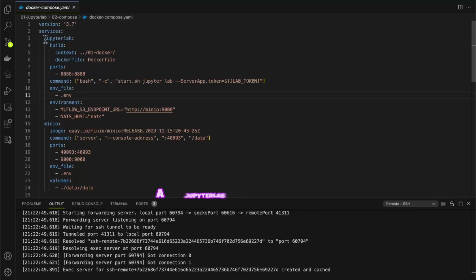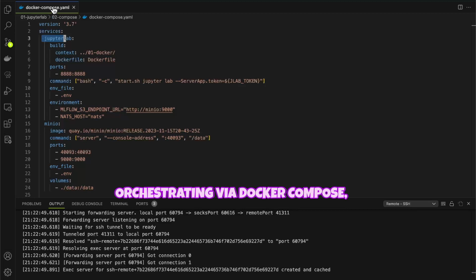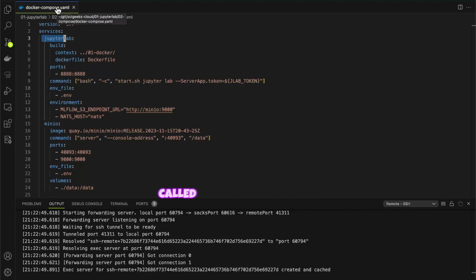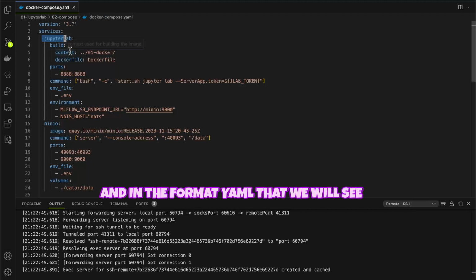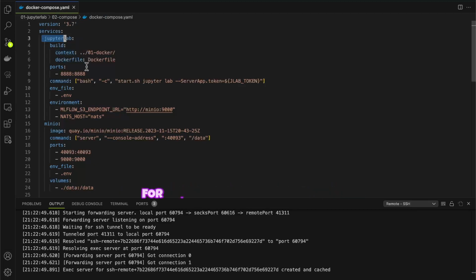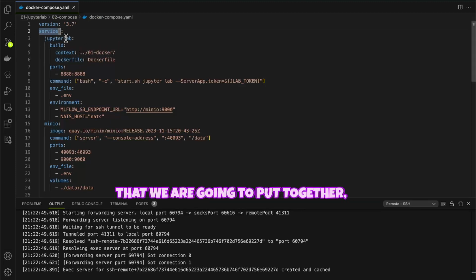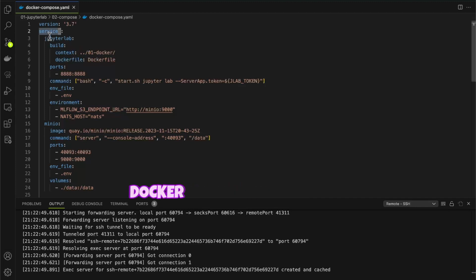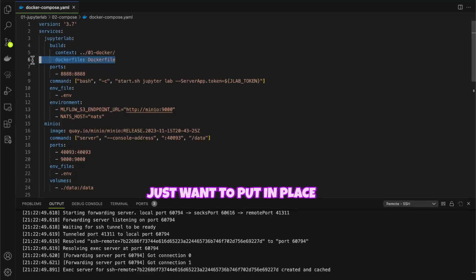So we start here with a JupyterLab instance. You see that for orchestrating via Docker Compose, you just need one file called Docker Compose, in the format YAML that we will see, and I put the reference for that in the description. Every container, every piece of the puzzle that we are going to put together, is called a service in Docker Compose terminology. For JupyterLab, for example, we can decide that, all right, maybe I just want to put in place